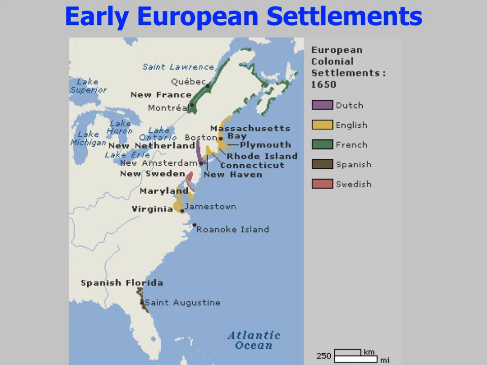On this map, we can see some of the early European countries that come to the New World. The Dutch and the Swedish have very small settlements that eventually get taken over by the British. The Spanish still continue to control Florida and most of what we know to be Central America, Mexico, and the northern part of South America. But the English and the French take over quite a bit of the American lands, especially the ones in North America. So the first of the colonies is Roanoke Island,